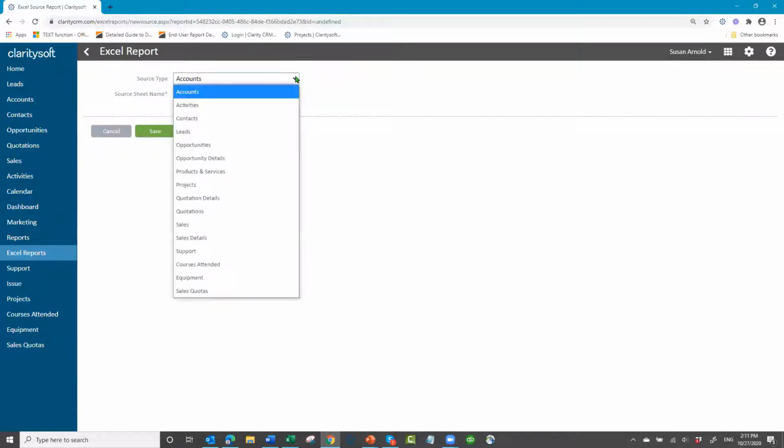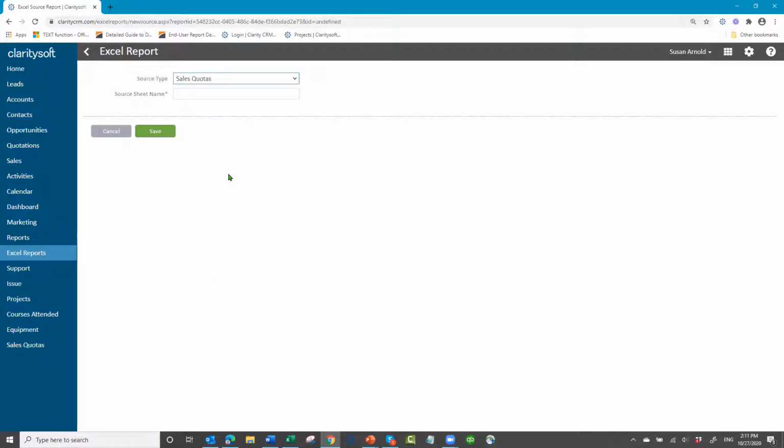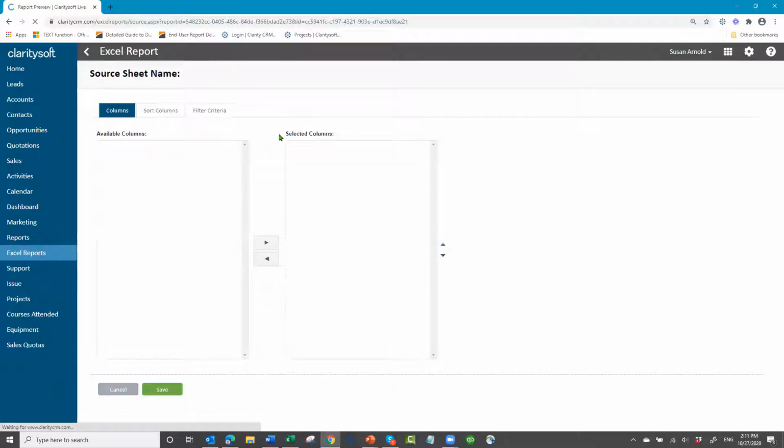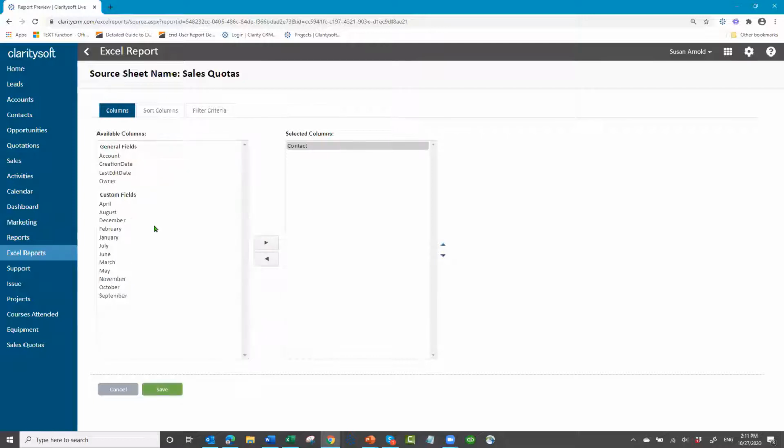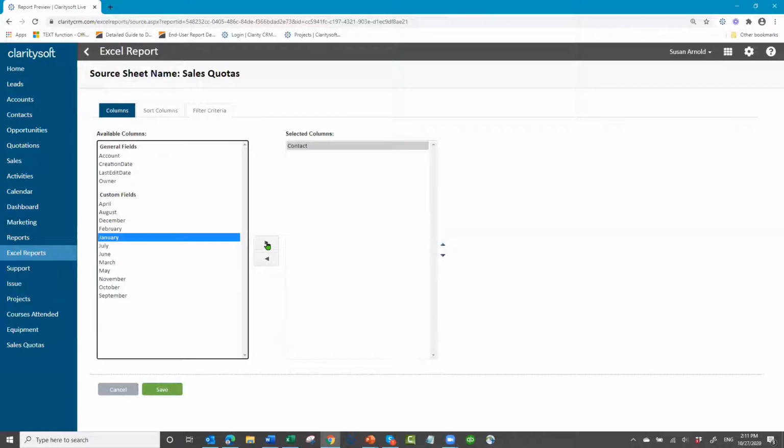and I choose my sales quota. And then I'm going to call it sales quotas and save it. And then for this one, I want the contact person who is the sales rep, okay? And then I want all the months. Now notice down here, they're in alphabetical order, so I have to pick and choose these because I want them in normal order. So